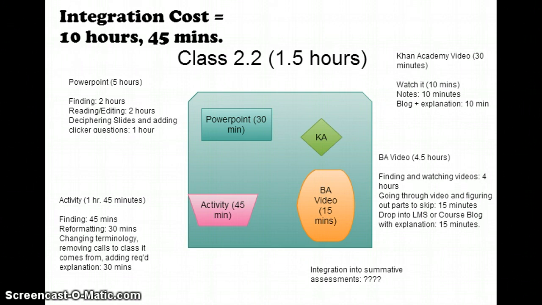That is, any individual thing might be okay on its own, but when you try to pull it into some sort of coherent experience for the students, the process of banging all this stuff together is very expensive in terms of time. And so what I'm going to talk about next time, when I talk about the Mixably Open MOOC, the Mixably Open Online Course, is this issue. What I think is going to happen as we move forward is that open educational resources are going to have to be larger, and they're going to have to be more integrated. The idea that they're going to be small pieces, or a syllabus that's provided, or even a set of lectures that has no online assessment tied to it,